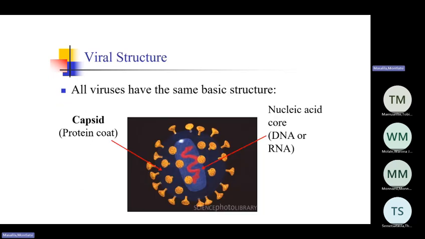So let's look at the basic viral structure. You need to be able to draw this basic viral structure. You know that there's a capsid. What is the function of a capsid and a nucleic acid? This is an assignment; I want it before 1 today. The assignment is that you're going to draw the viral structure. After you draw the viral structure, we label the parts.